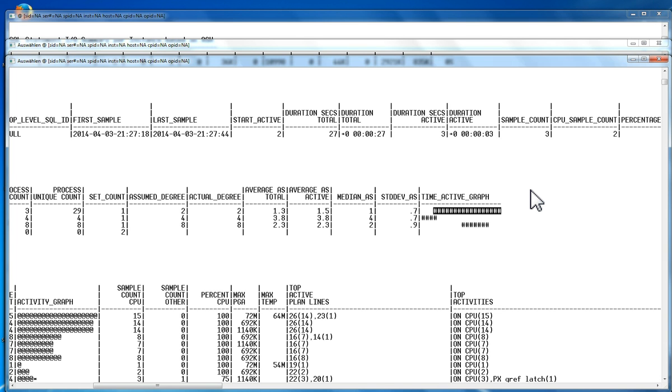And this also means that this is an example where the parallel slaves of this DFO tree here will be active at the same time as the parallel slaves of this DFO tree, which is, by the way, also an example where we see different degrees for the different DFO trees. So the point here is that this graphical representation should give you a very easy